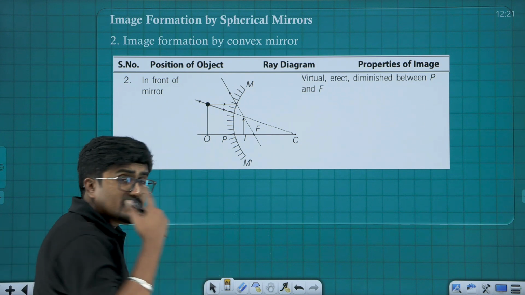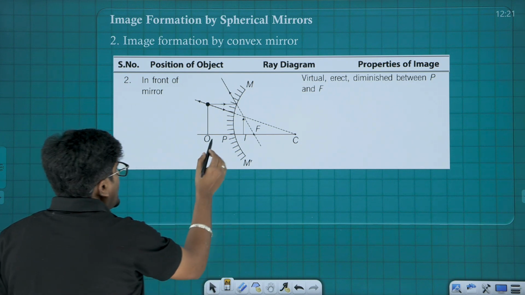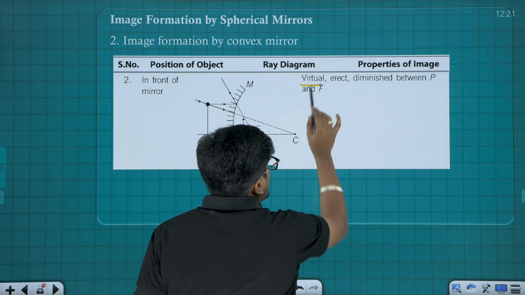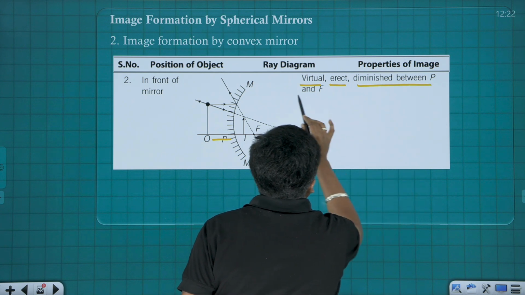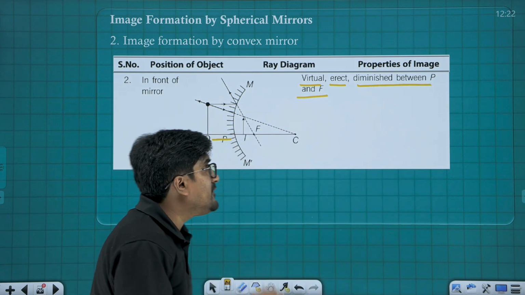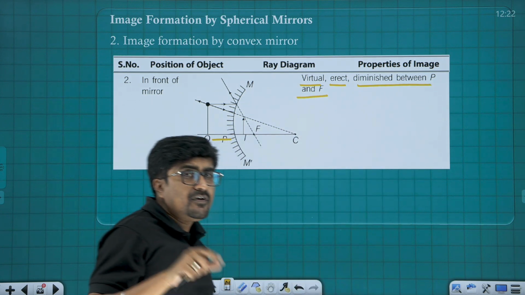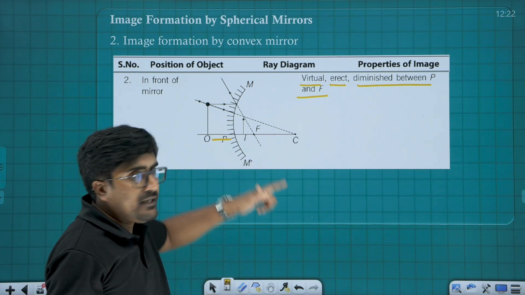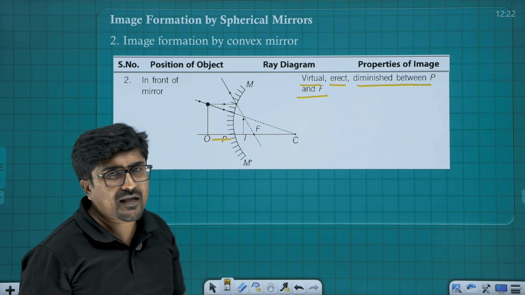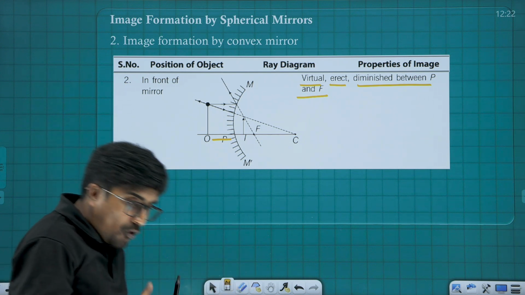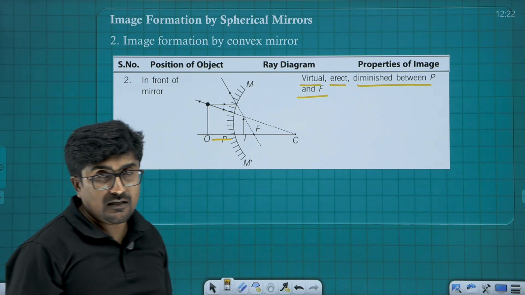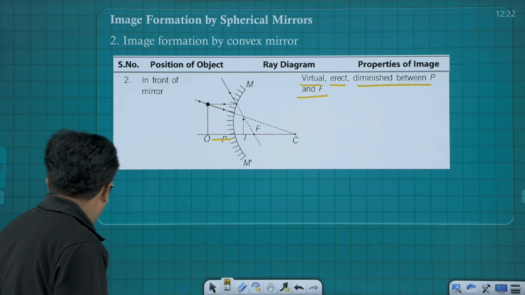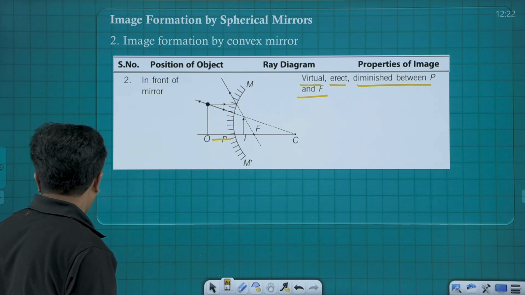And if I am having a case like this, that means here the object is not at infinity, it's kept at a particular distance from the pole. Okay, then here again the image is virtual, erect, and diminished between P and F. That is very, very important. The image is formed between P and F only. Okay, size is diminished, image is erect and virtual. Okay, so that was all about the image formation due to spherical mirrors. We discussed both the case of concave mirror as well as convex mirror, and I believe you are comfortable with that. Now moving to the next, that is